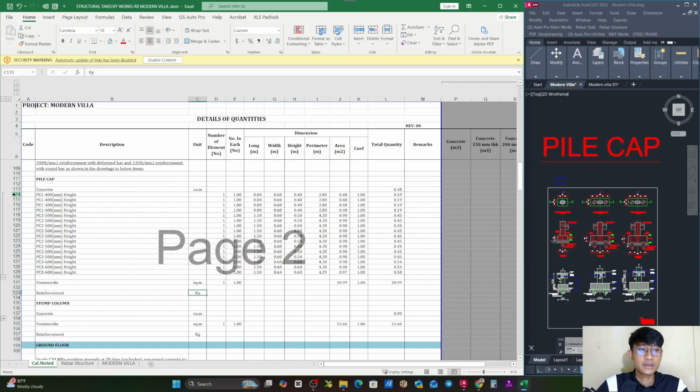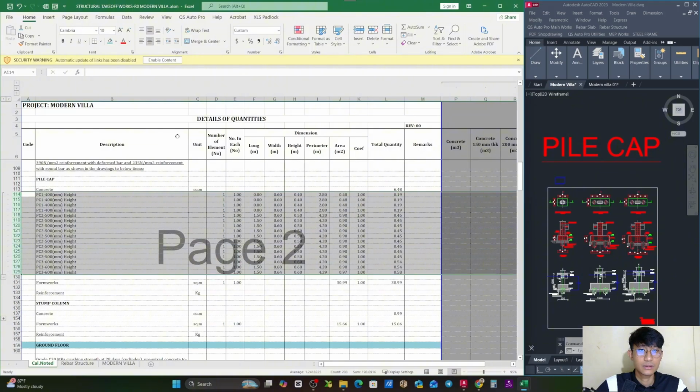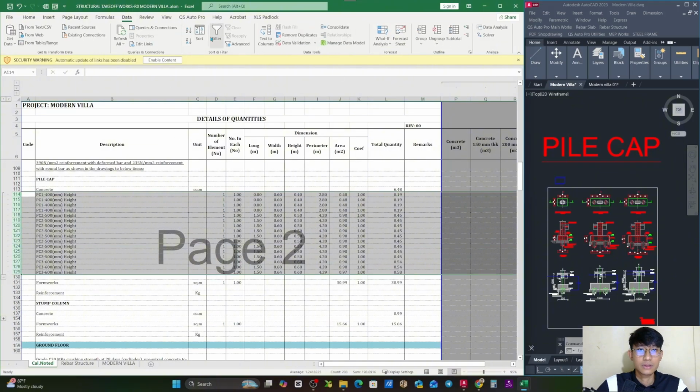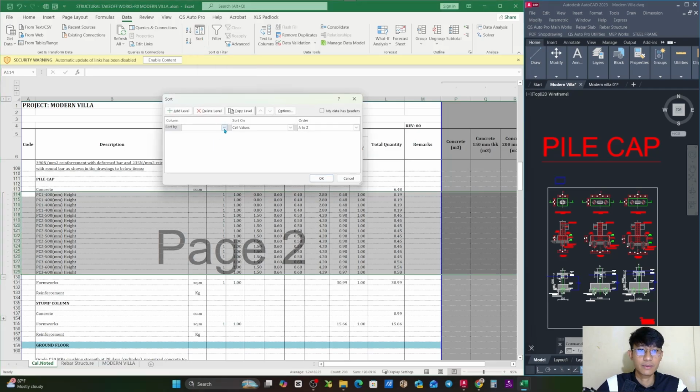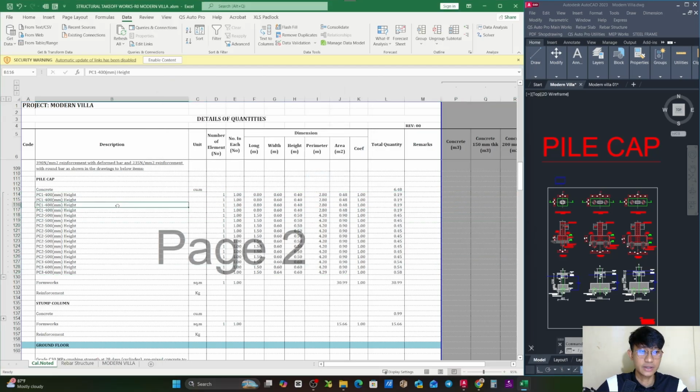So first of all, we need to sort the data of the concrete of the pile cap. Basically, it means we need to group it into the type of it. So you go to sort it, then go to column B and click OK. As you can see, there will be PC1,